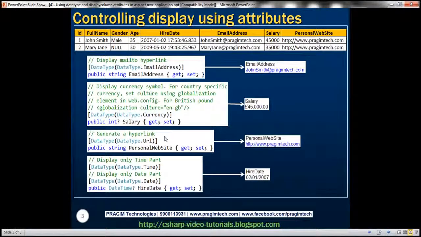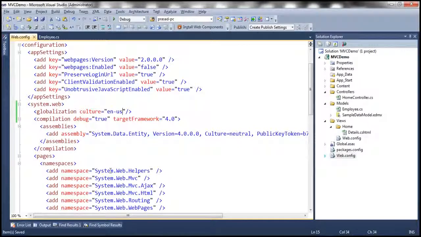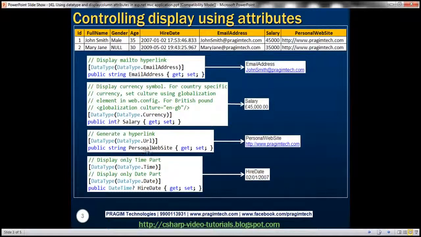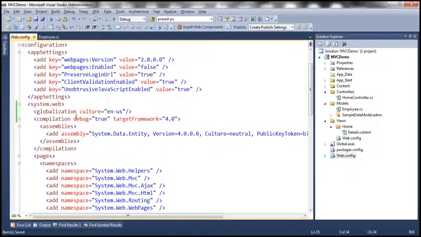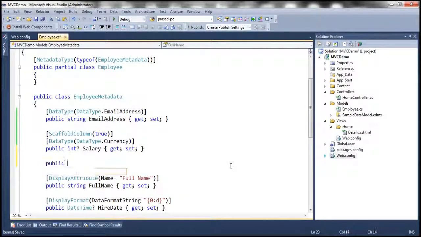And another scenario where you can use this is, if you look at this, every employee has got a personal website, and at the moment the website address is displayed as plain text. Instead we want that to be displayed as a hyperlink, and to very easily achieve that all you need to do is decorate that property with data type attribute and specify that it's a URL using data type.url. So let's do that within our employee class. So public string, the name of the property is personal website,